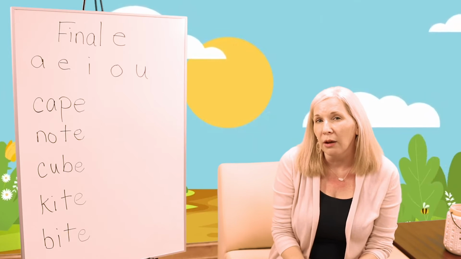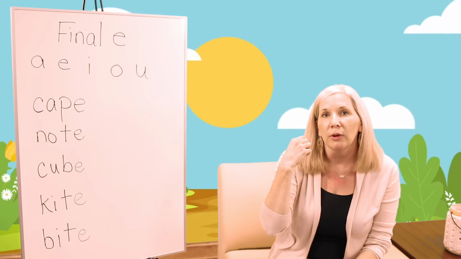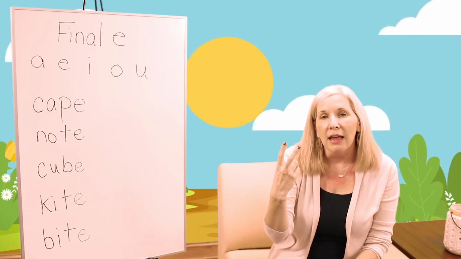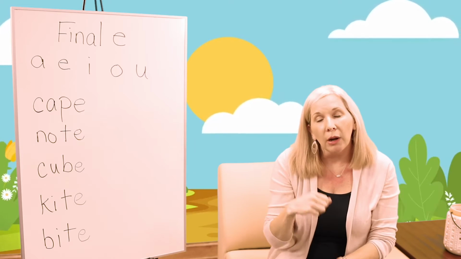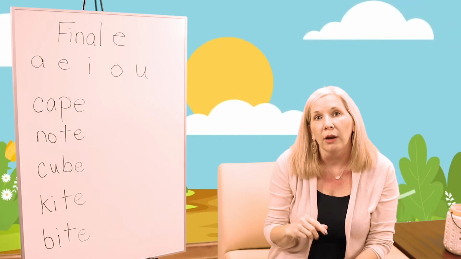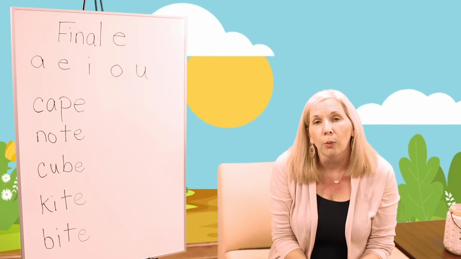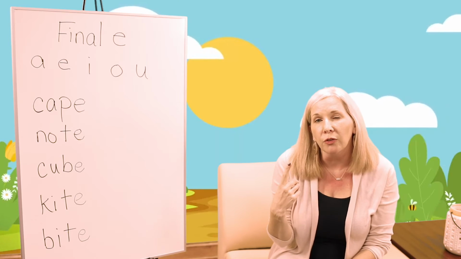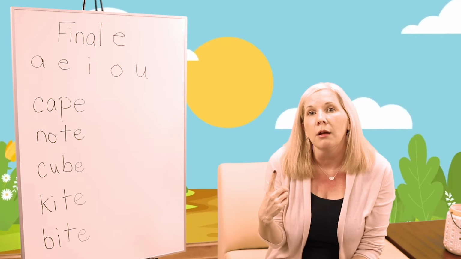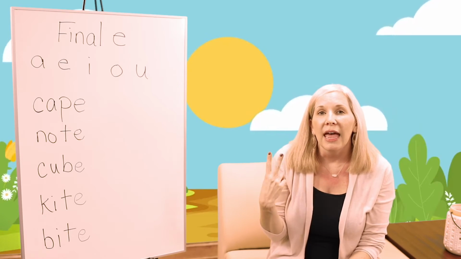So if we're going to segment out the word name, we would go N, A, M. It has 3 sounds. So now what I want you to do is take those sounds and try to write it down on your paper or your whiteboard. And listen for that first sound. So write the sound N that matches A,